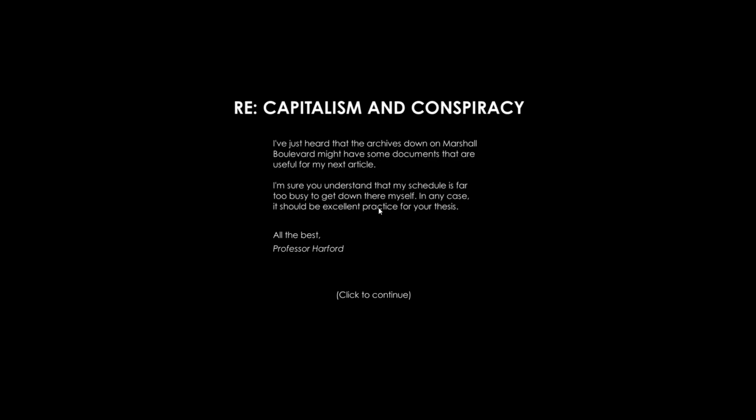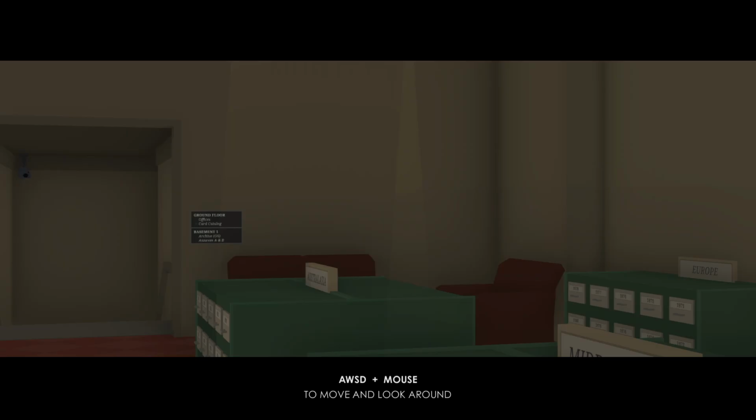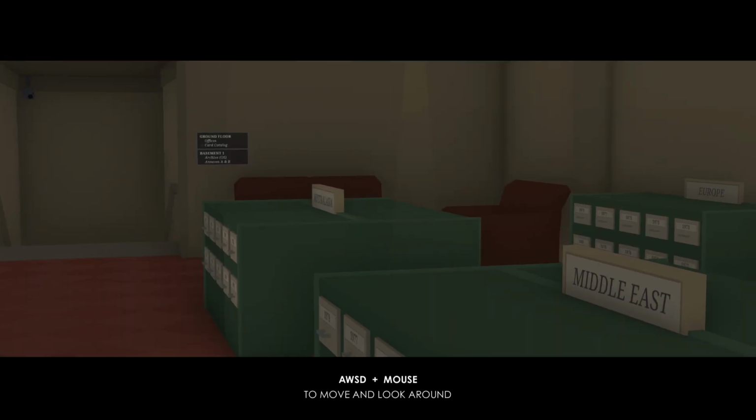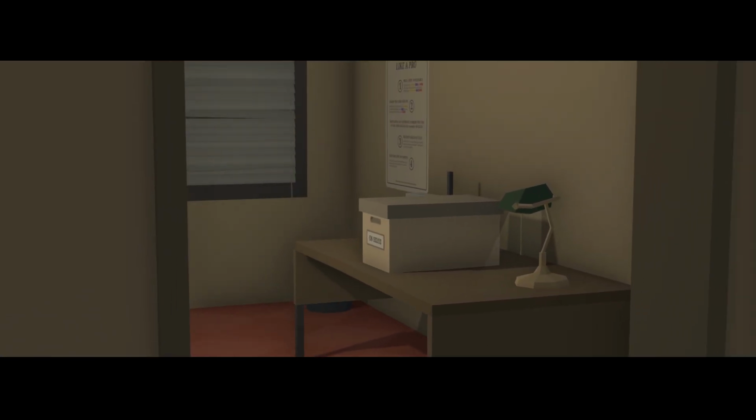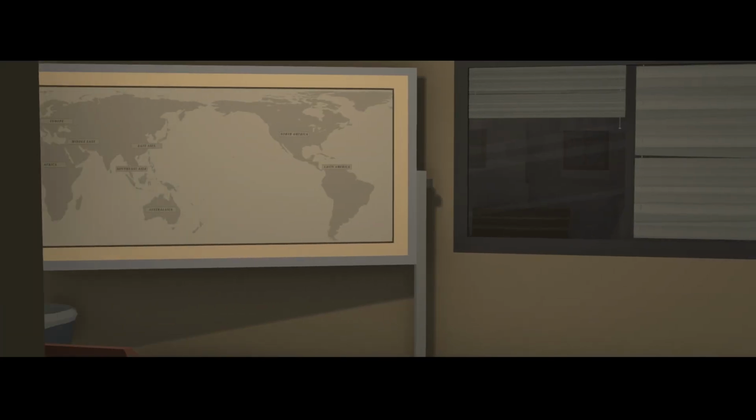So, from what I saw, this is based on like a real FBI, CIA case or something. Ooh, look at this. I feel really zoomed in. Is this where I'm working?